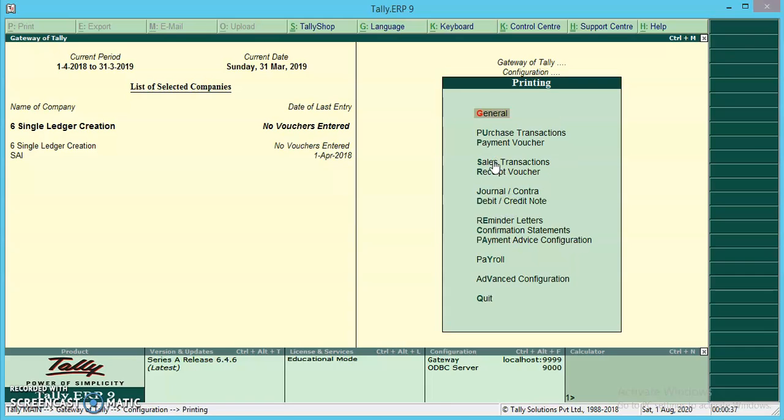Printing: the configuration helps the user to configure the printing screens for the reports and transactions. It may relate to the sales transaction, receipt voucher, journal, debit note, credit note, any reminder letters, all this relating to payroll, any sort of advanced configuration, all these can be printed.